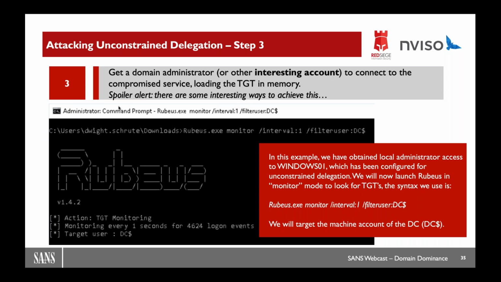At first, there's nothing, right? Because why would the domain controller connect to that system? This is my compromised machine, right? So I'm waiting for the domain controller to connect.